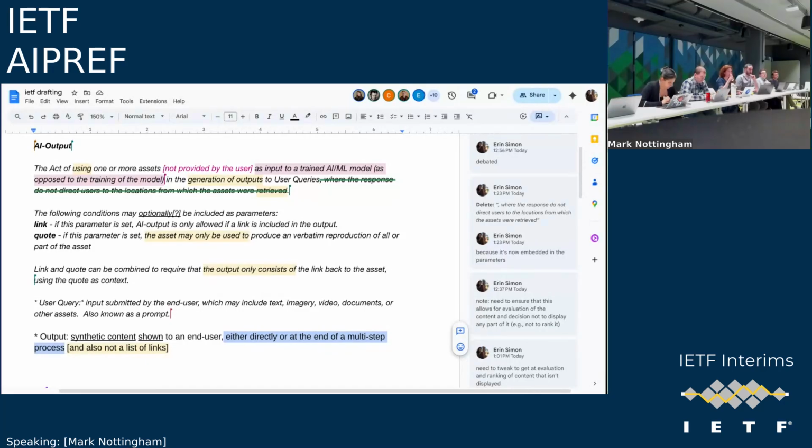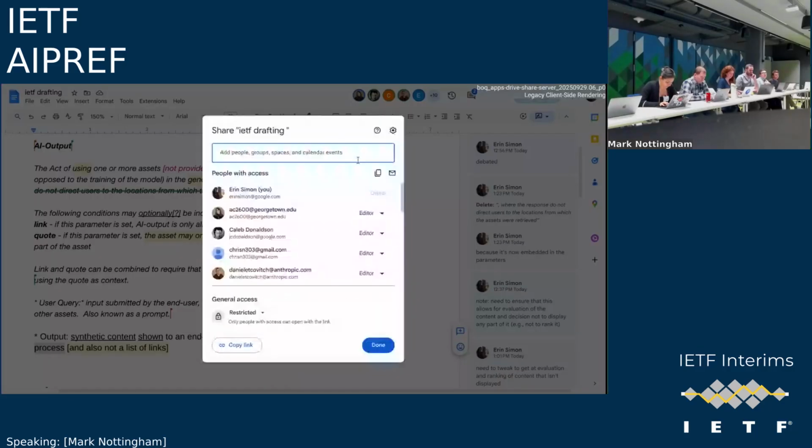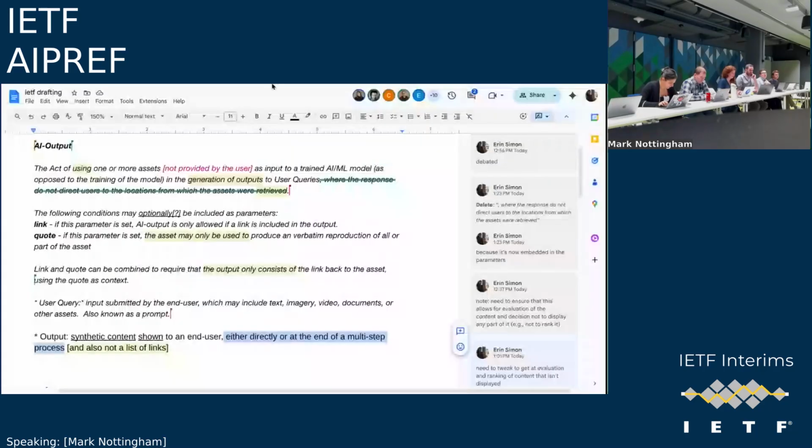Let me just try to up-level a little bit, which is, do we think it should be possible to say it is fine to train on this text, and it's fine to produce, like the thing it says here, a generation of user queries, but only if you use links? Because right now you can't say that. Right now with the current text, all you can say is you can train or you can't train. You can't say it's fine to train and use it to produce snippets, but you've got to give links, right? So if people think you should be able to say that, and if you do, then we need to find somebody to do it. And I don't care if we do it now, we should write it down. And if people don't think we should do that, then why not?